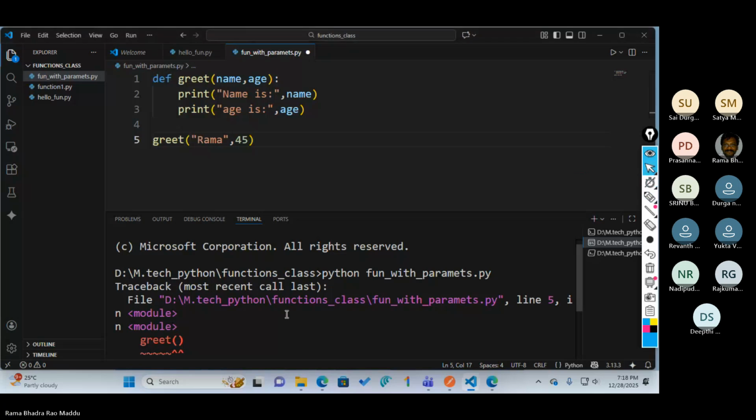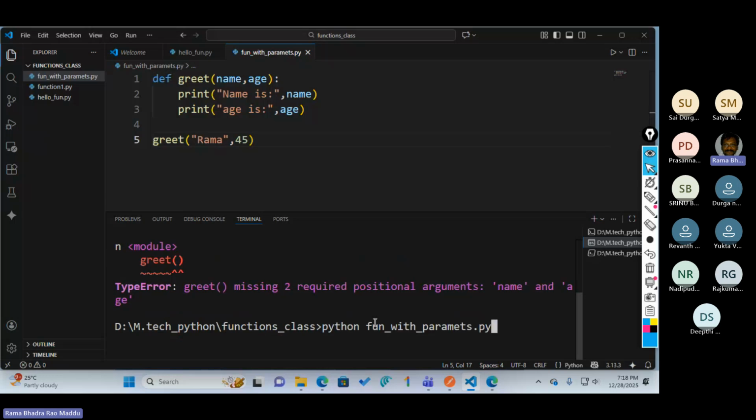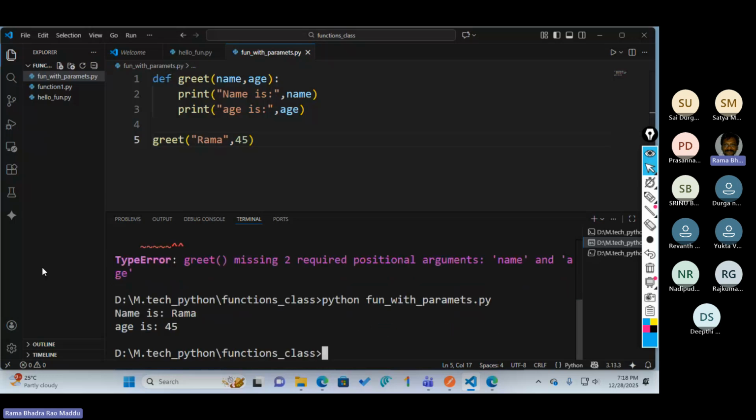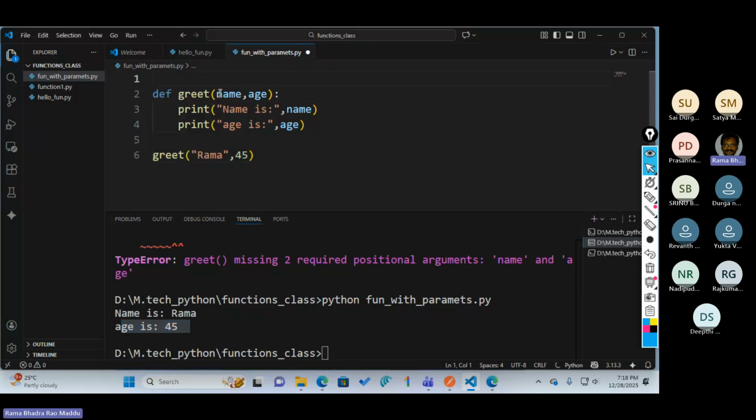It's clear? Now I'm saving this program and running it again. Now it simply printed name is Rama and age is 45. This is also a function. The function name is greet, and the parameters are name and age.